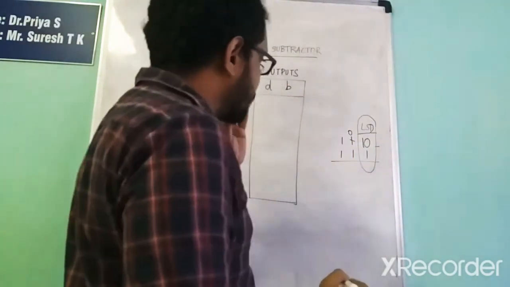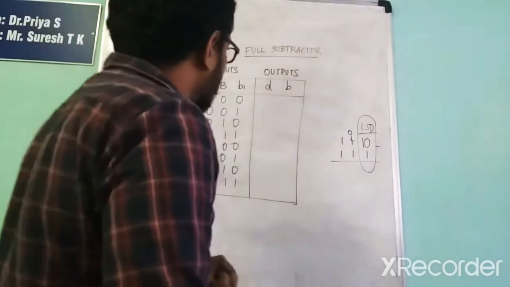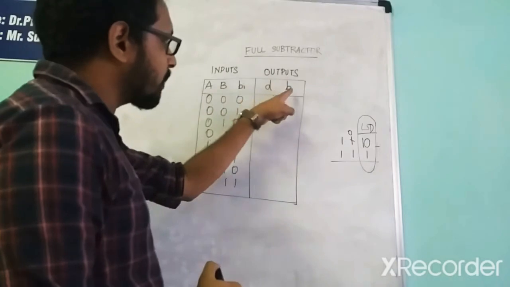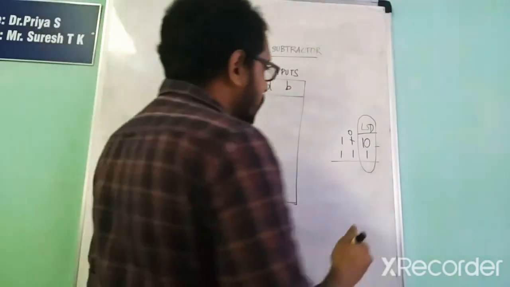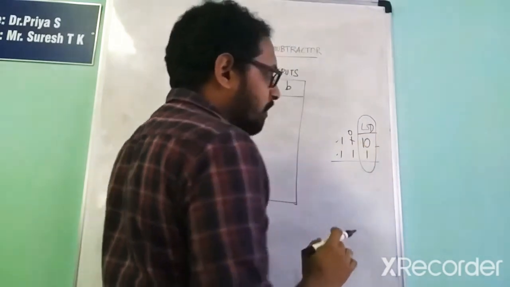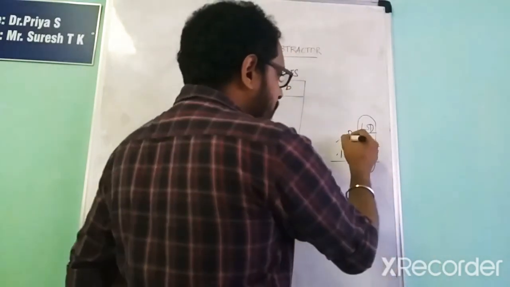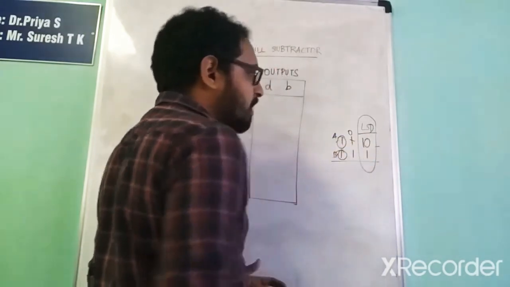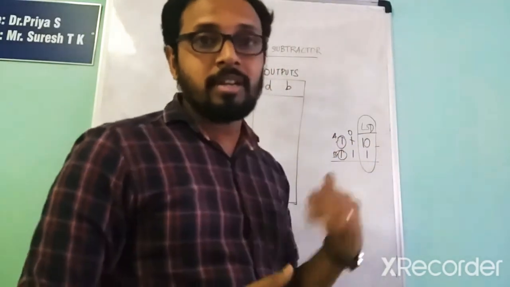And if this is a full subtractor, we can see there are two kinds of borrow, A, B, Bi. This is the input borrow and this is the output that we obtain. A and B are these two cases, otherwise you may get confused. This is A and this is B. A minus B, that is minuend and subtrahend.